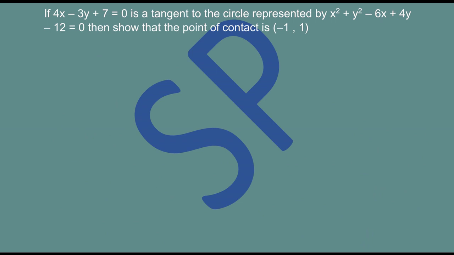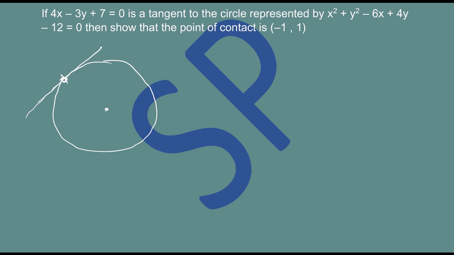But sometimes what they do is they give us equation to the circle, and also they say that a line is tangent to the circle, and they ask for the point of contact. One way of doing things is you simply go for foot of the perpendicular from the center onto the given line. There you get the point of contact. But now, instead of using this concept, I am going to show you another way of doing things. Now, this may be a little lengthy, but a very useful technique. One should master this technique.